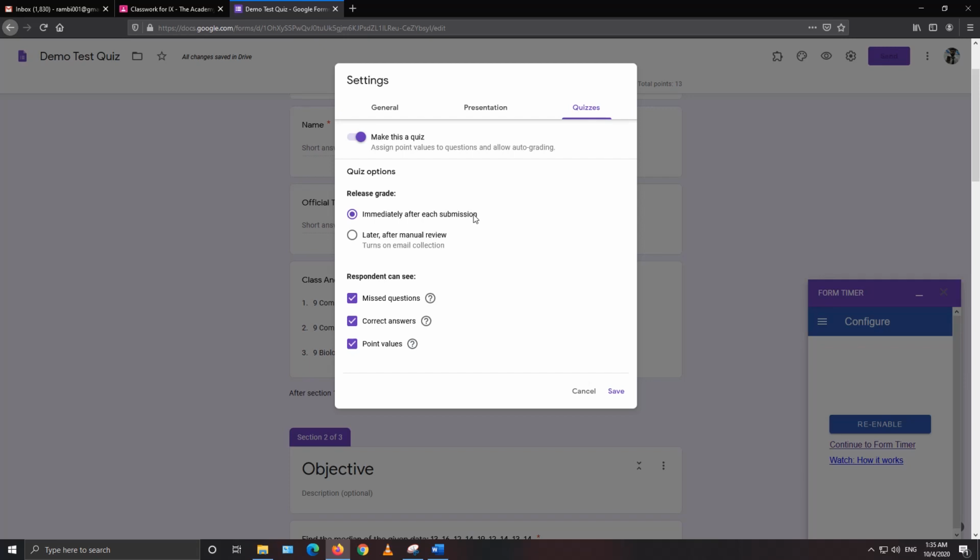We will not tell students the answer immediately, so we will have to select this one later after manual review. And here we can uncheck the missed questions so that they will not be able to see their missed questions. We can uncheck the correct answer, they will not be able to see the correct answer, and we can leave the check over here for the point values. Once I am done with that, I will press save.